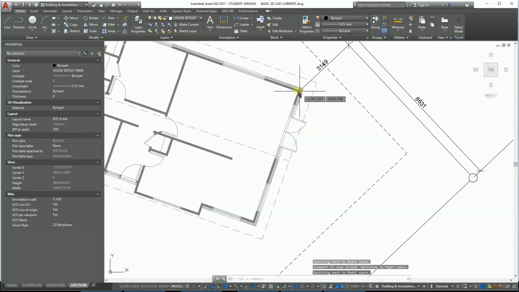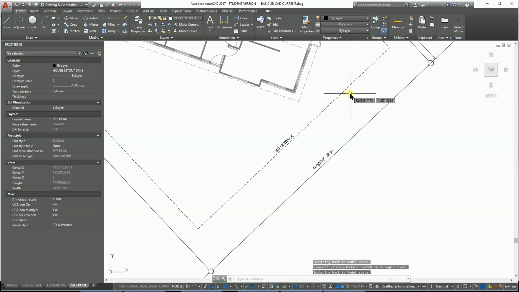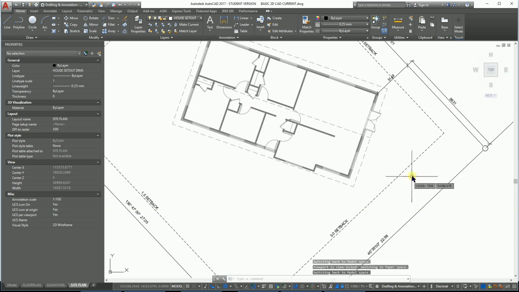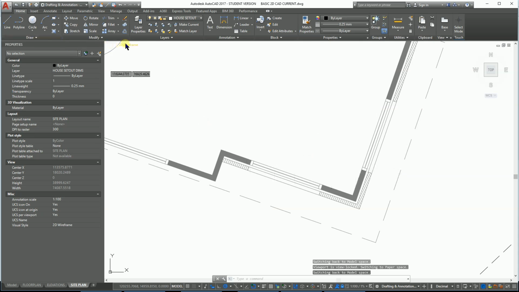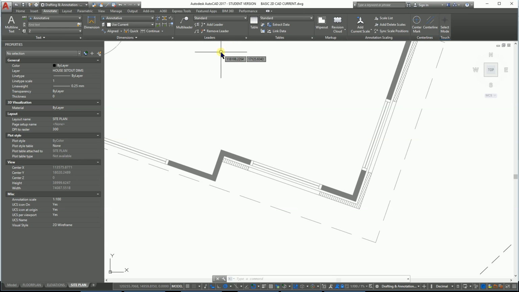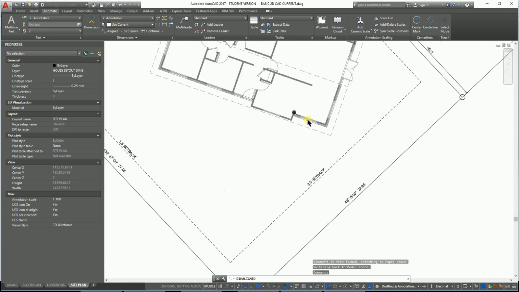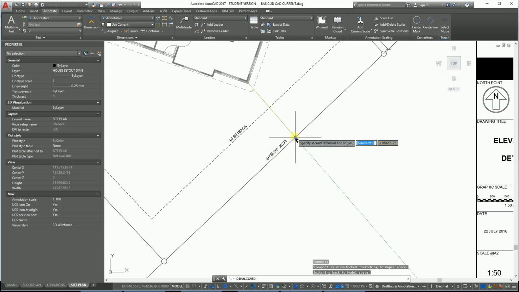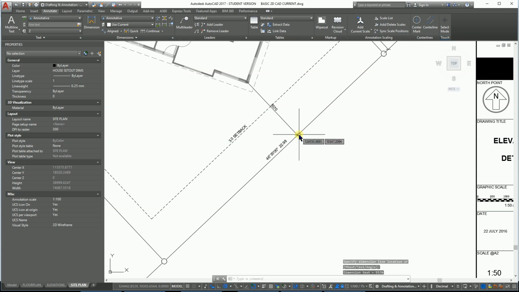So that's given a good set out of that corner there, and I'm going to do a similar thing on this corner here, just in case, you know, a redundant something alternative is needed if one's not accessible. So let's just go in here for a back to annotate. Yep, and aligned there, and just from that point there, okay, and down to here at right angles to this boundary here. There we go, and we get